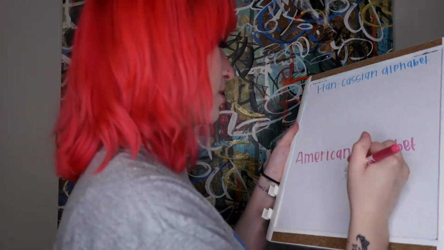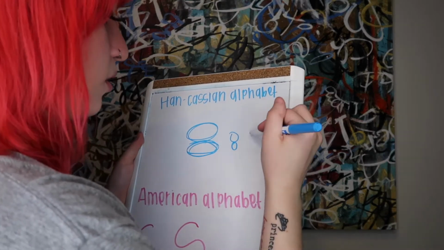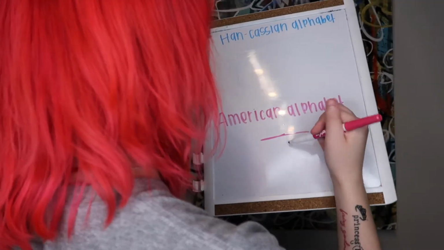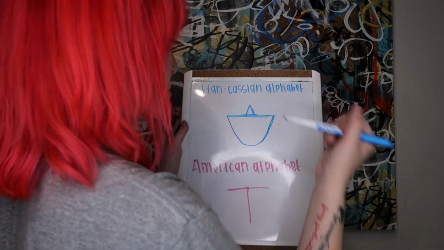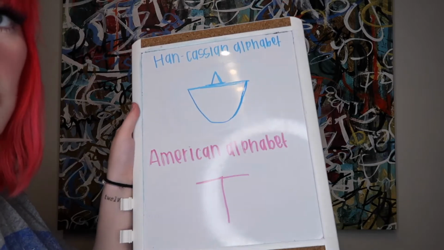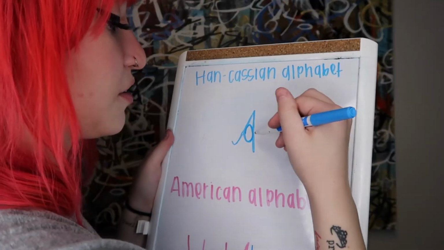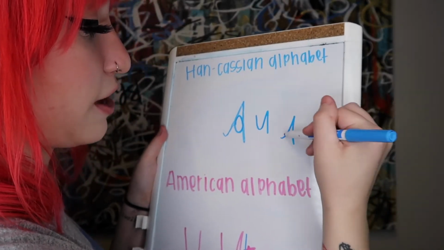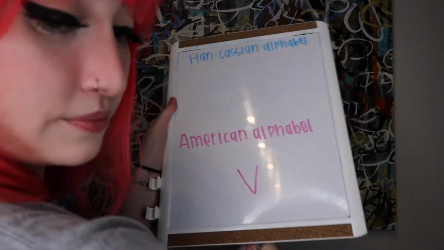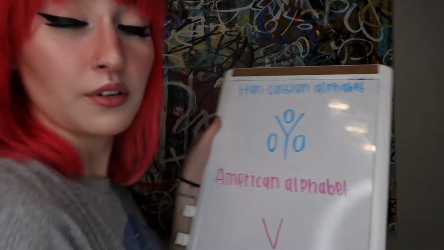It's the letter S, so kind of like an 8. T. This one's not as similar. Come under it like this, kind of like a sailboat. And that is the letter T. Alright, going on to the letter U. So it's got the same structure as that, but it kind of looks like a fancy A. V, and a circle here. And there you have a V.